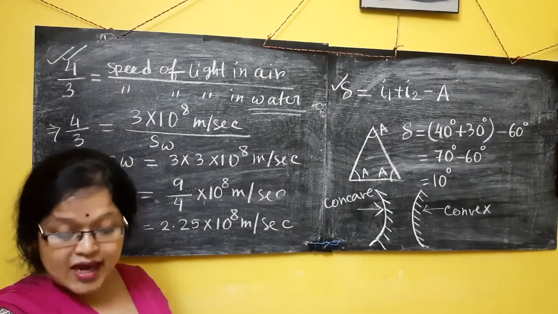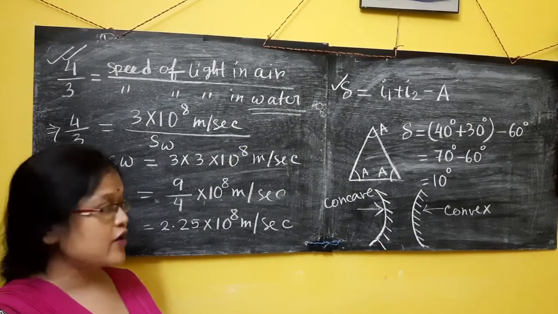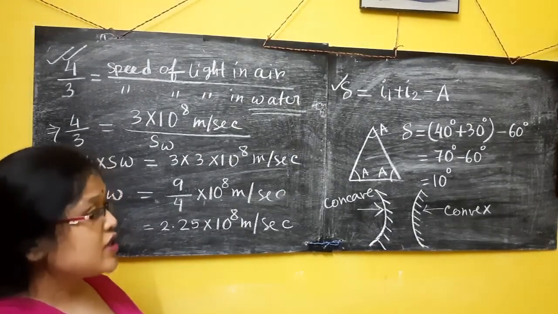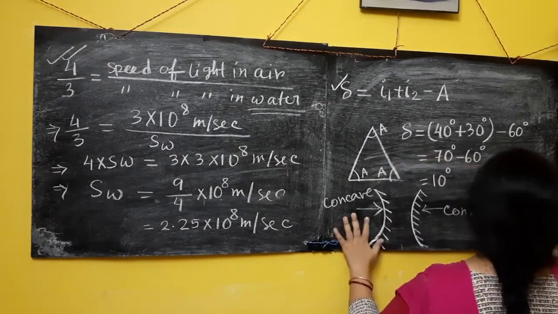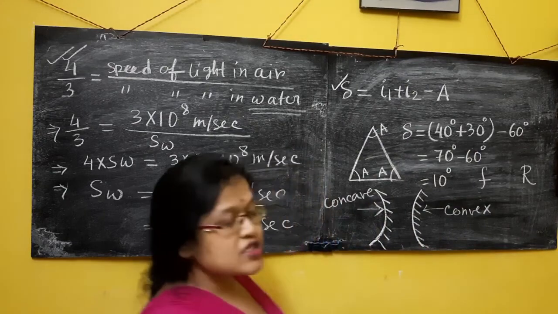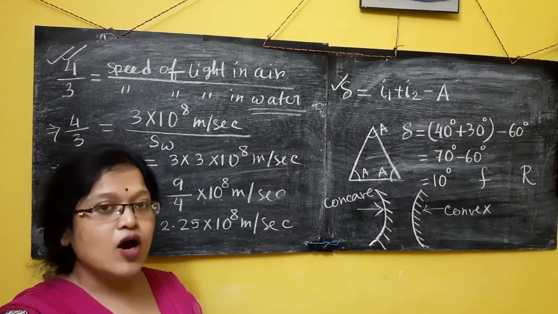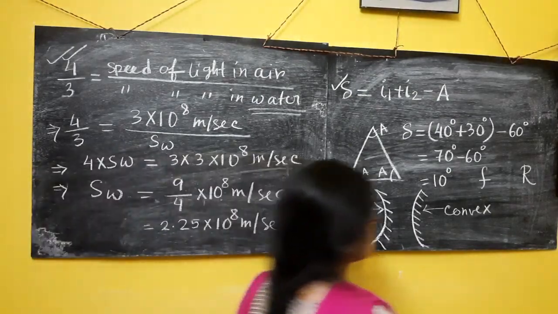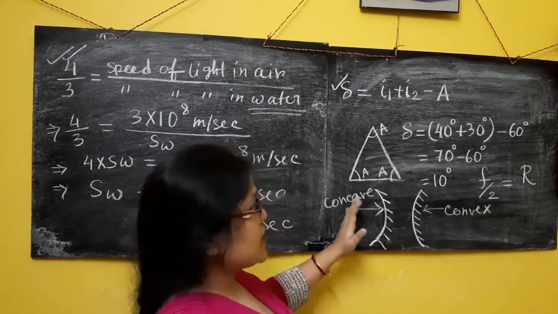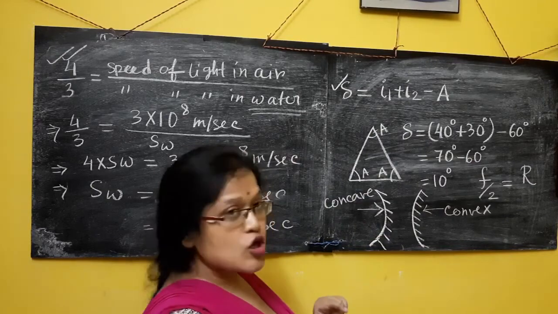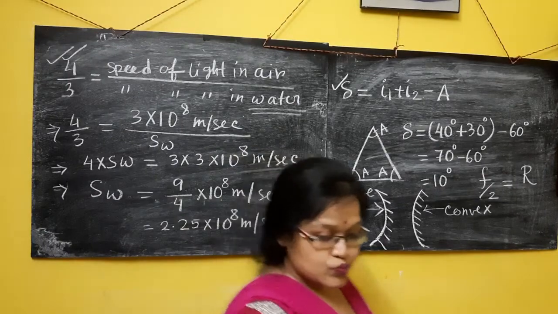So here the question is that for a concave mirror, establish the relation between focal length and radius of curvature. Means what I have to prove? The relation between focal length of the mirror f and radius of curvature. What is the relation? The relation is f equals r by 2, means focal length is always half of the radius of curvature. That relation I need to prove for concave mirror. So let's go for that. For that I need to rub my board. So give me time. So let's do.